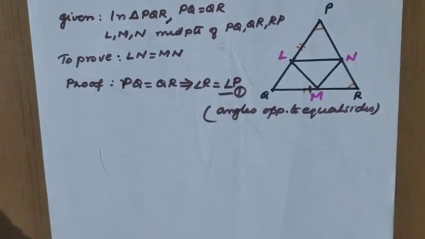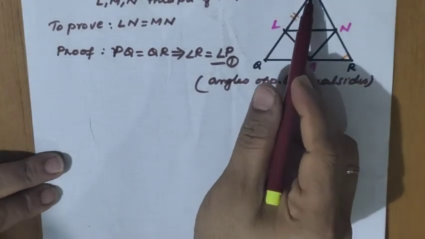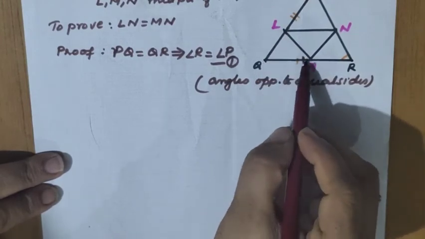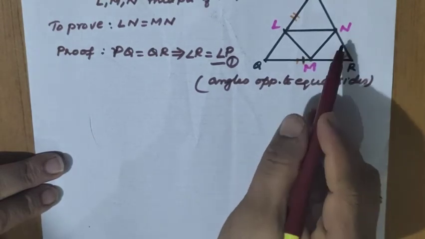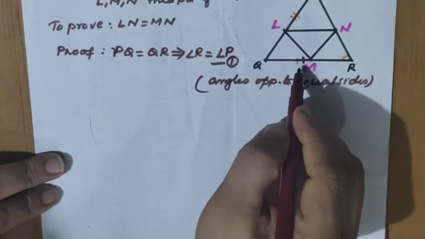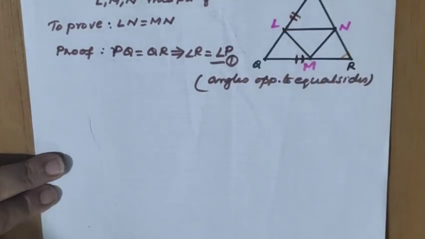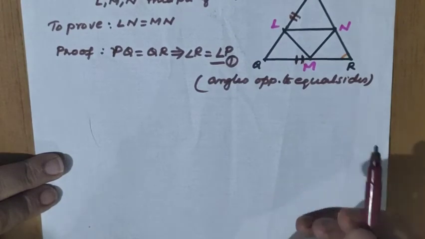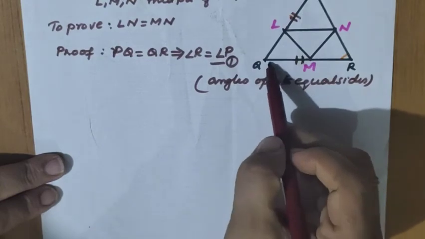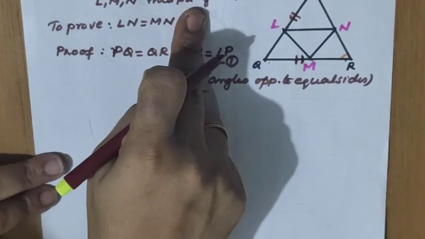Now we have got the criteria that L, M and N are the midpoints. So L is the midpoint, means what you can say about PL and LQ, that is also equal, and QM and MR, because M is the midpoint here. Similarly, N is the midpoint, means PN equal to NR. This equal we have marked according to the first part, that is PQ equal to QR, right? Each part we are not writing, that is L, M, N. All three are the midpoints only. So what is the meaning of this one? PL equal to LQ and QM equal to MR and PN equal to NR. That is already explained in the given part.